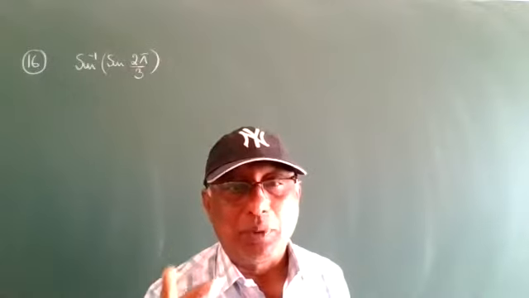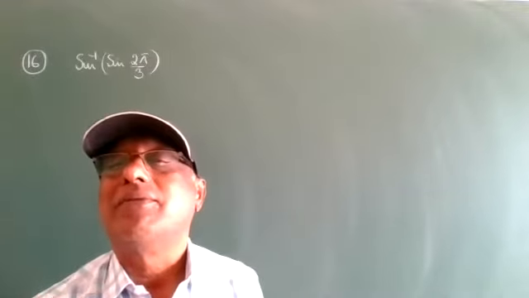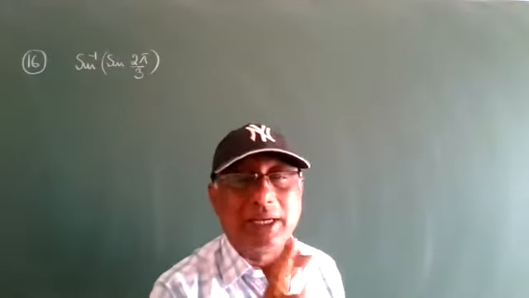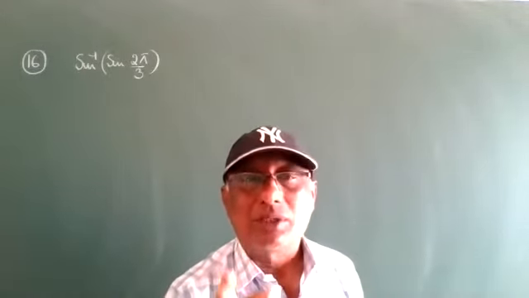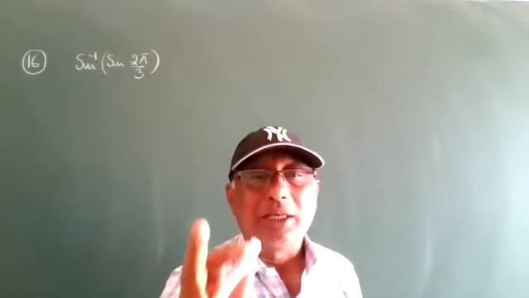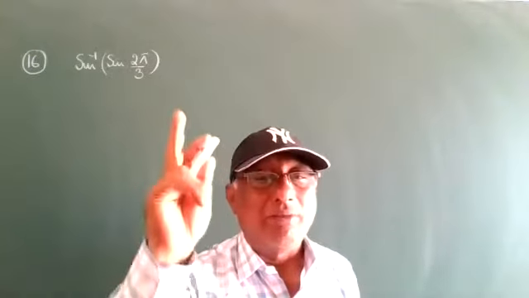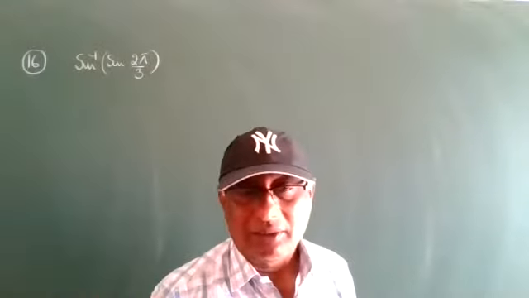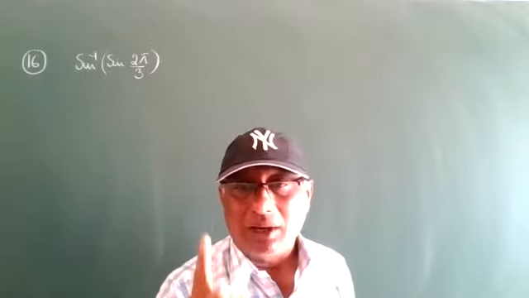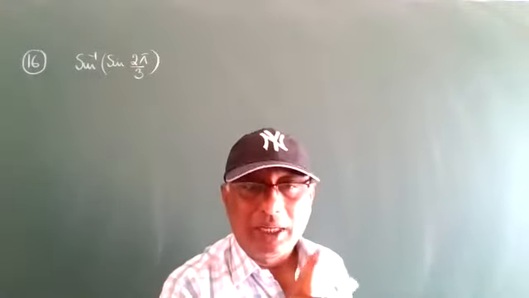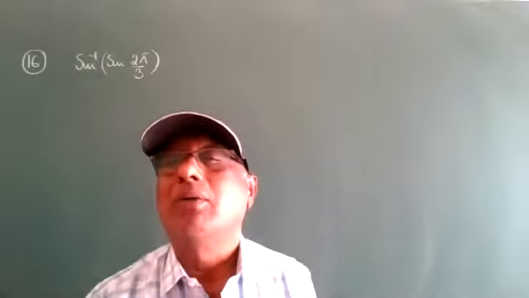So the most important point: sine inverse is defined in the range of minus 90 to 90. In minus 90 to 90, sine values are not repeated. Therefore, it is both one-one and onto. Therefore, it is an invertible function. Every inverse function is a bijective function. So in minus 90 to plus 90, sine values are not repeated. Therefore, one element has one image.